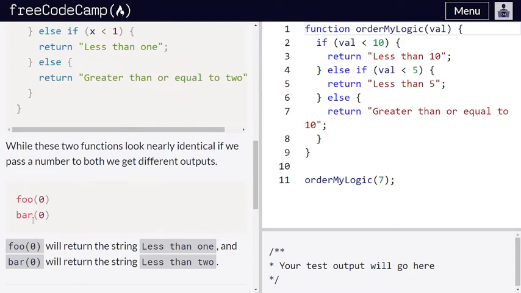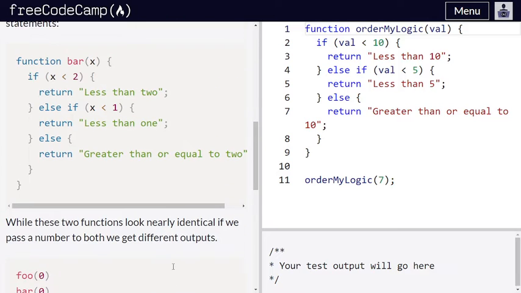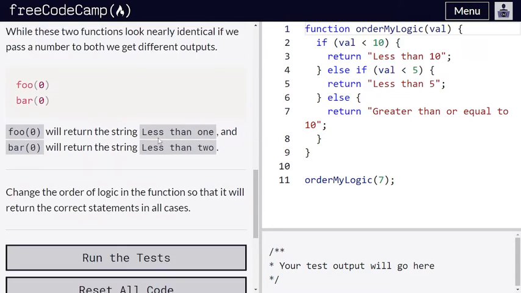And in the second one, bar(0) will return the string "less than 2". Why? Because when x is equal to 0, 0 is less than 2, so we return "less than 2". It doesn't need to go to an else statement because the condition is true, so it returns "less than 2" and the function ends.